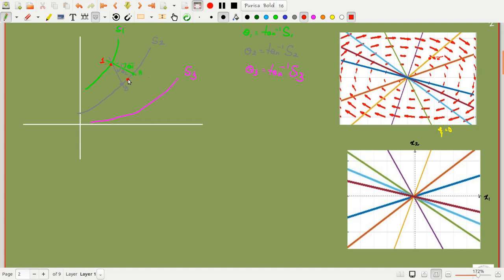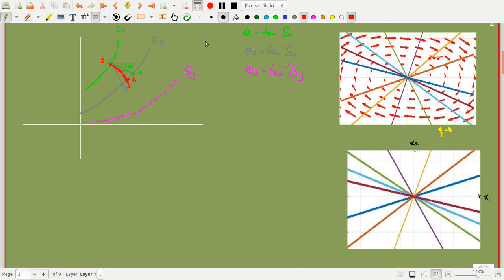So the next point of our trajectory would be this point. Okay, now we have reached 2. So this is our trajectory. The trajectory is leaving this point at theta 1, and when it reaches here it is trying to leave this point 2 at angle theta 2. So that is the idea of taking these two lines here.